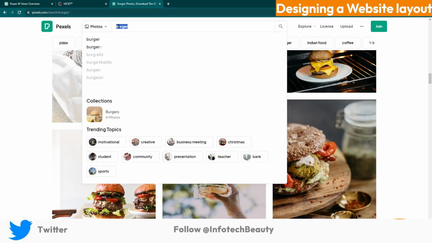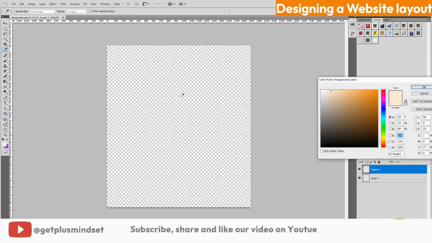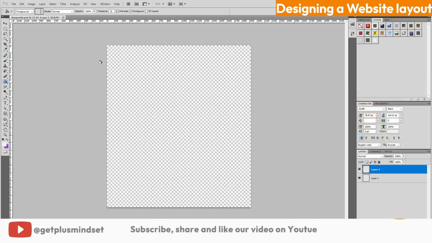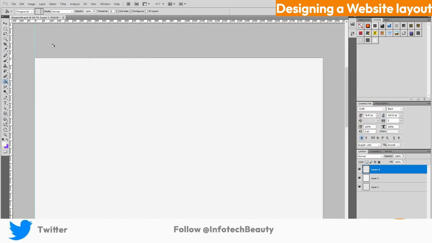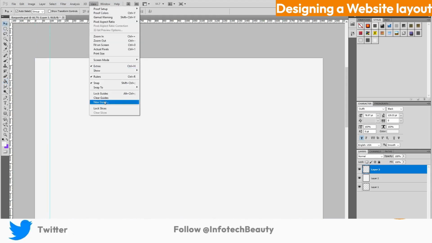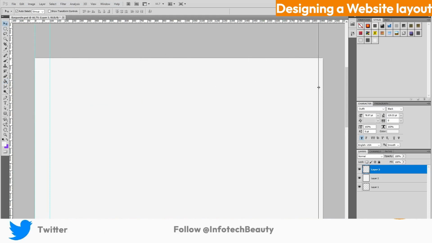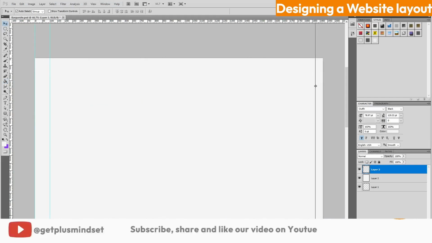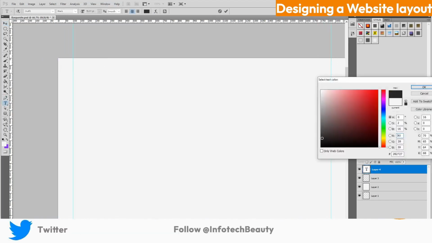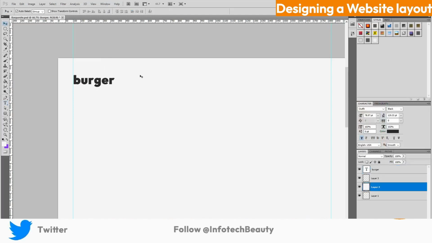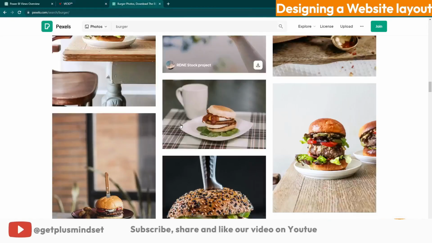So we are taking a document first, and it is 1920 pixels by 2000 pixels. First we are filling the background color. So here you need some wireframe in mind. Before diving into Photoshop, create some rough wireframe layout. It will help you in establishing the basic structure of the website. You can plan various types of elements. You can use tools like